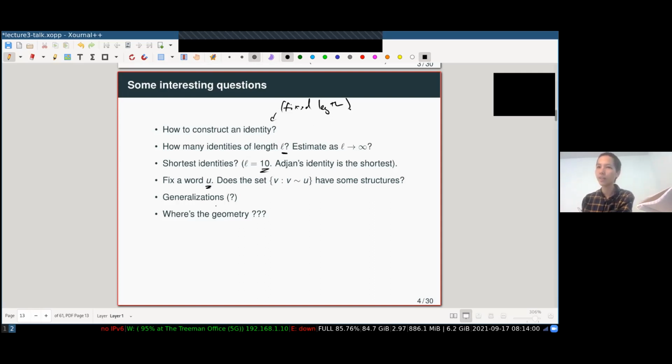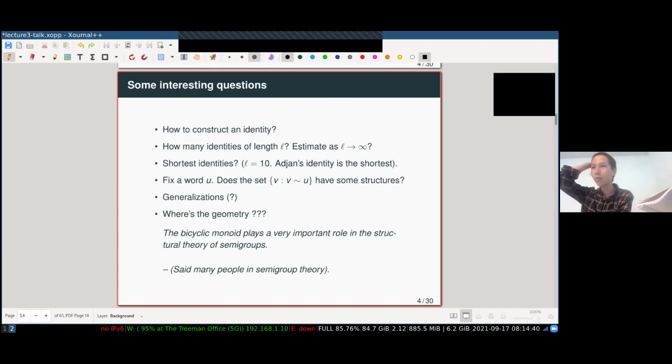If I fix a word, can I look at the set of all words V that are equivalent to this one, all the words V that form an identity with U? This is some set of words. Does it have any structure? Are there generalizations of this free group with some non-commutative identity? And probably for me, the most interesting question is: this sounds fine, but where's the geometry in it? And if you're not convinced that working with ABBA etc. is your sense of fun,